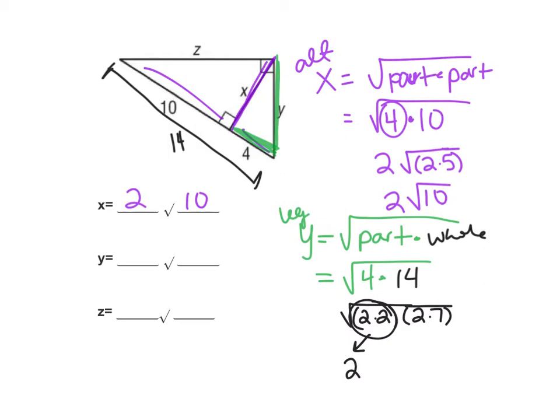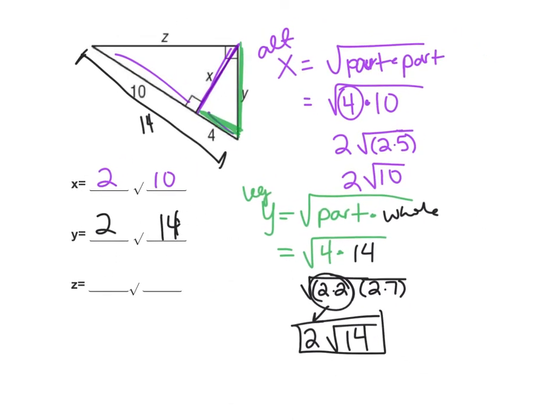And then since that comes out of our radical, the only thing we're left with is 2 times 7. Both of these numbers are prime. There are no pairs, so we are left with 2 square root of 14. Okay. And then z, our last one, is going to be,